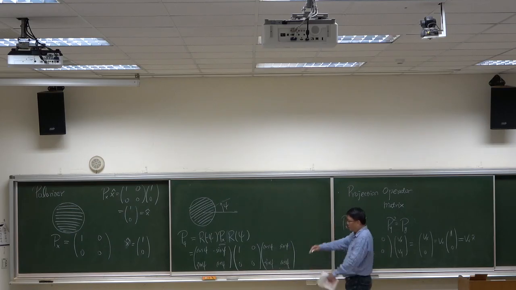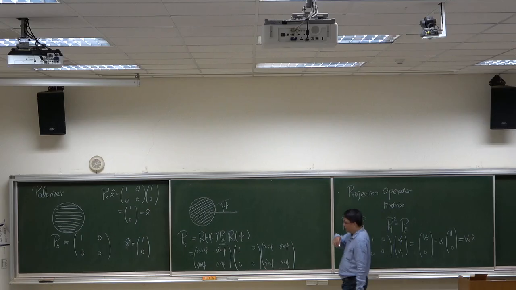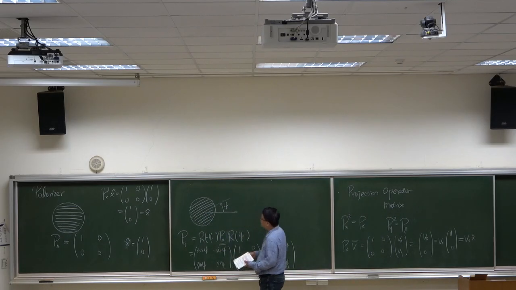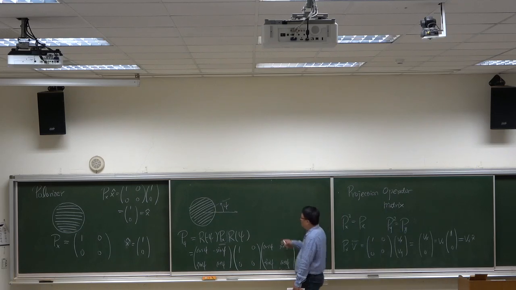Okay, you can multiply them and find the final result of the representation of this polarizer. 好，这个是关于一个 polarizer。好，我们举个例子来讲。